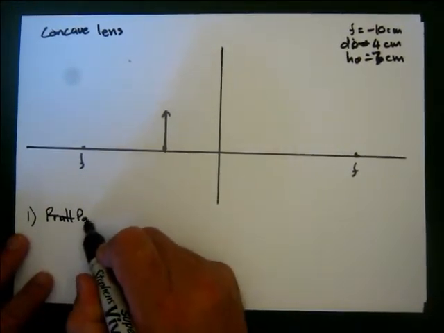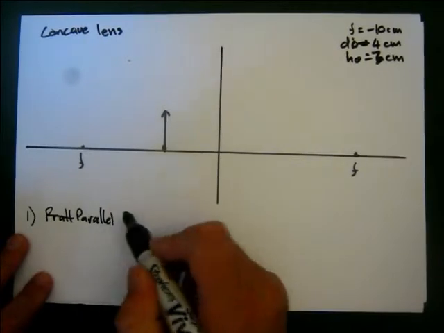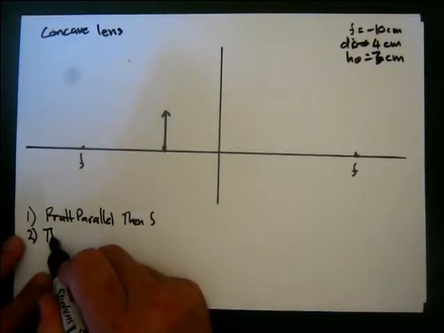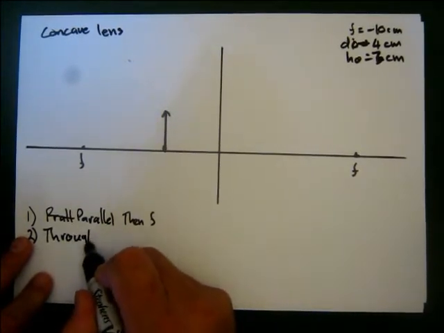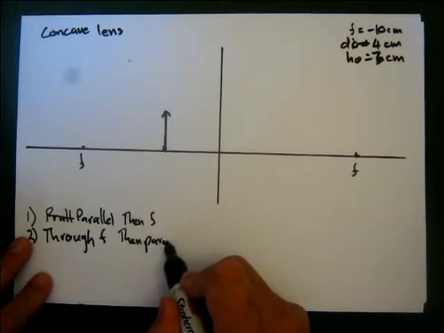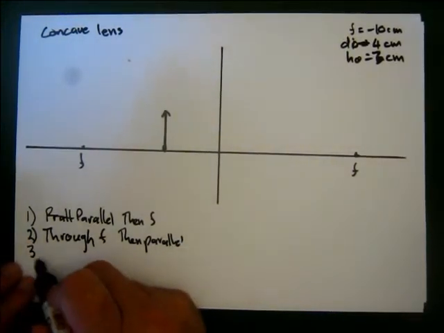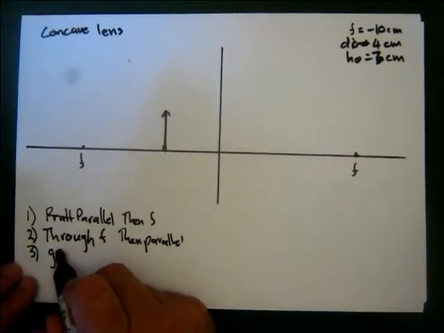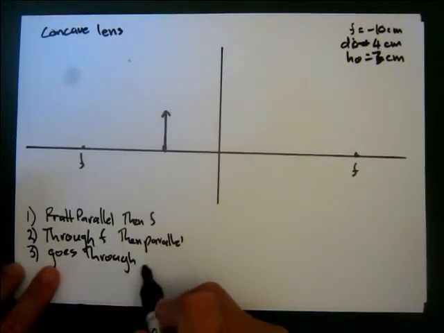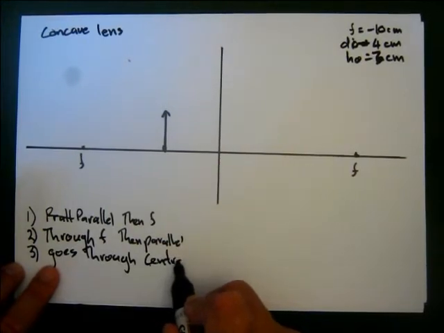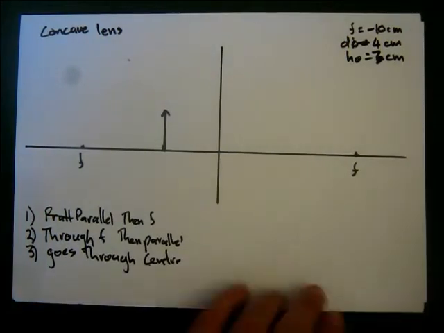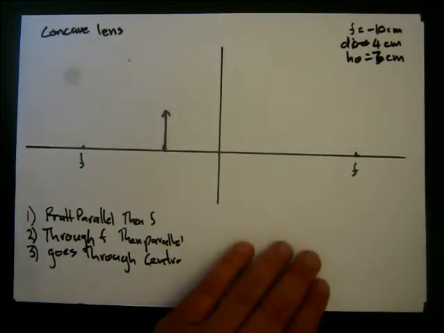Can't even spell parallel today. Parallel, then through F. 2 is through F, then parallel. And the third line goes through the center. Okay, in reality, when you're drawing a ray diagram for a lens, you only need two lines because they all meet at the same place. Just pick any two lines. But,